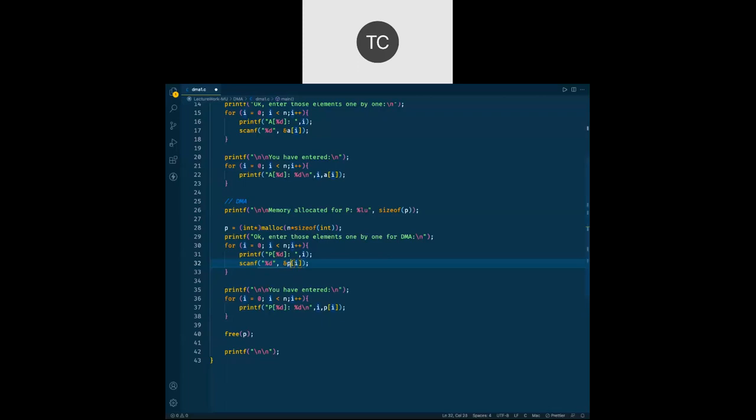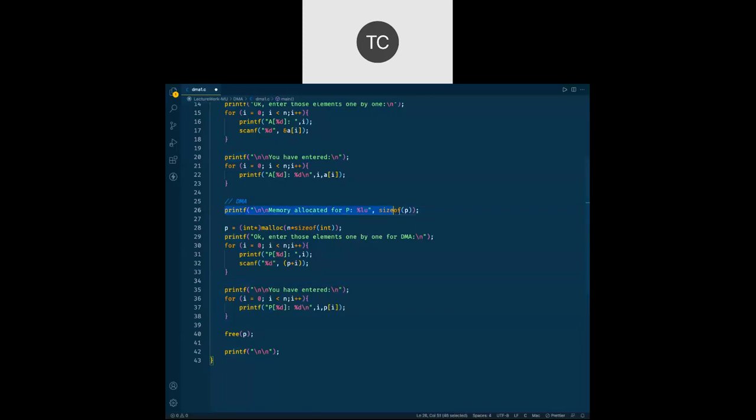Okay, now p itself is the address, so we need not have the ampersand sign. p is just a pointer variable, itself gives you the address, so we need not have ampersand. You can also go for temporary calculation p plus I. That will also work. You can use p plus plus and p, or temporary calculation p plus I, or temporary calculation with index p of I, everything will work. So that's how we write the code.